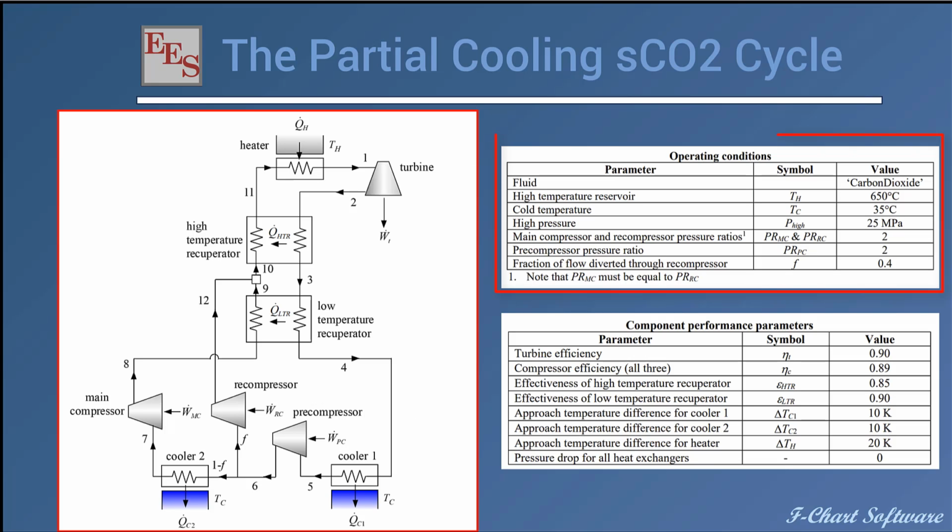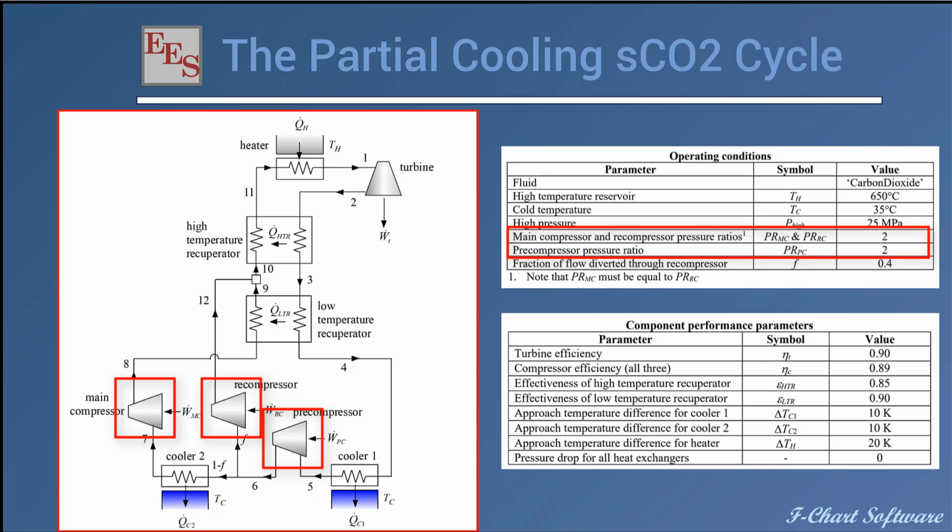So this table indicates the specified operating conditions. The cycle receives heat from a high temperature reservoir at 650 degrees Celsius, and it rejects heat to ambient down here at 35 degrees Celsius. The high pressure in the cycle, which is the discharge pressure of the main compressor and the recompressor, is 25 megapascals. The pressure ratio of all the compressors is 2, so this is the ratio of the discharge pressure to